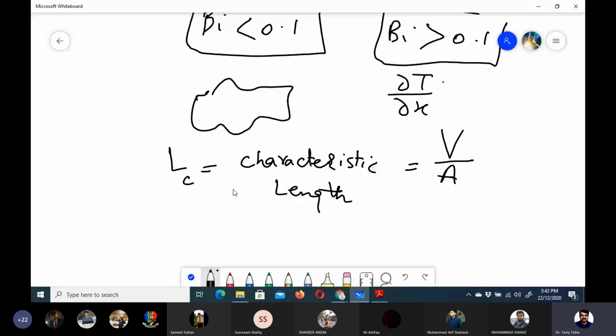I hope that this point is clear to all, why we need this characteristic length: if we have a random object in which it is hard to define thickness, then we can define a characteristic length or characteristic thickness for that, which is volume divided by area. Okay, now because we have talked about Biot number, which is the